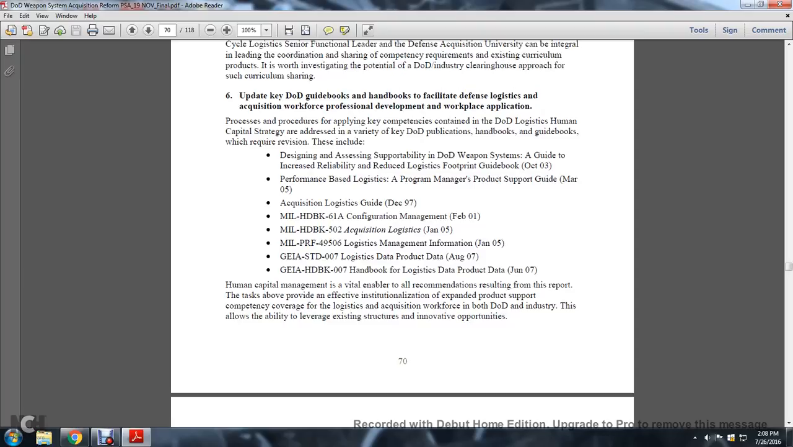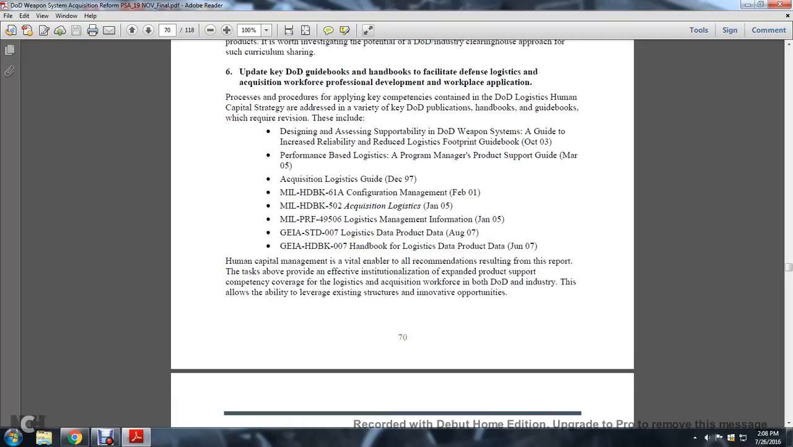The task also provides an effective solution, expanding the product support competency covered in the logistics acquisition workforce for the Department of Defense and industry. This allows the ability to leverage existing structures, initiatives, and